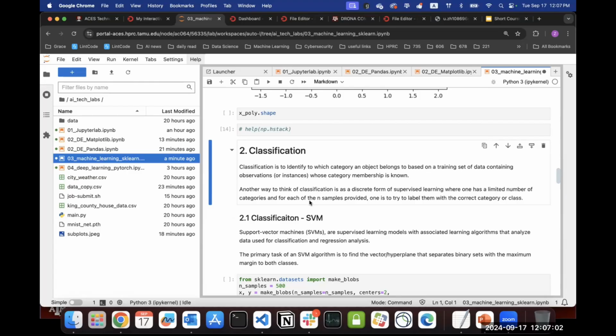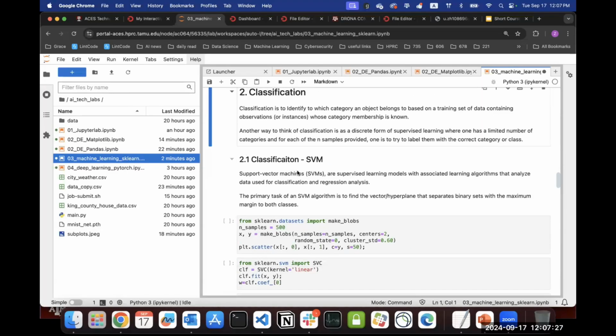So it's a discrete value. You cannot predict a value between cat and dog, right? It's not like linear regression, where you can predict a continuous value like house price, any number between two values. For classification, you can only have discrete values or categories. So this is another machine learning